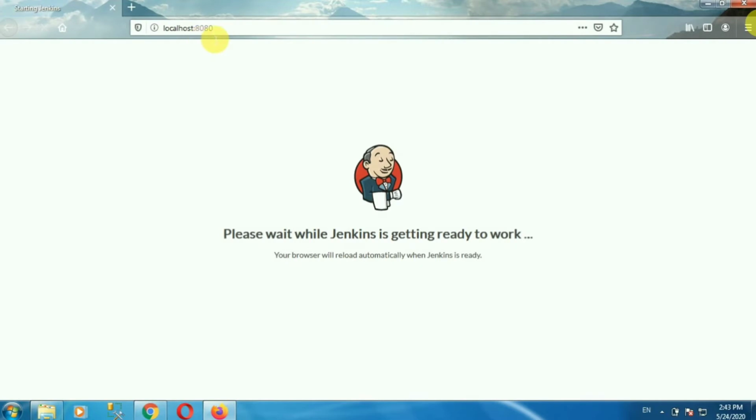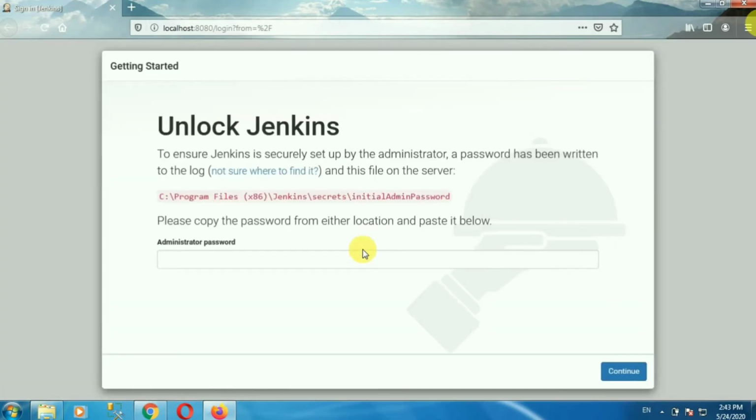Now you can open your Jenkins on localhost, which is deployed on port 8080. Here is the message, please wait while Jenkins is getting ready. To unlock Jenkins, here is some information. To ensure Jenkins is securely set up by the administrator, a password has been written in the log file.